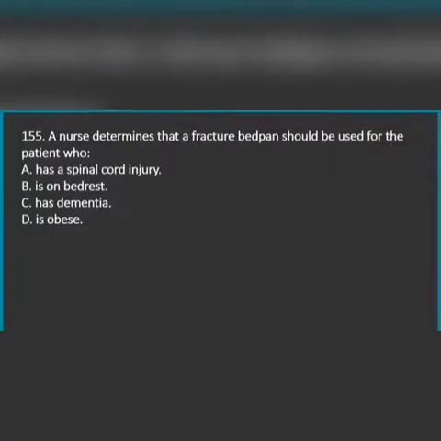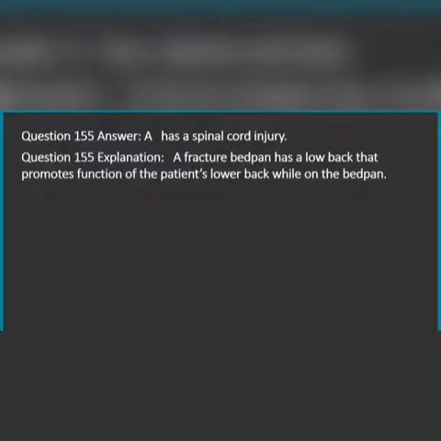Question 155. A nurse determines that a fracture bedpan should be used for the patient who, A. has a spinal cord injury. B. is on bed rest. C. has dementia. D. is obese. Question 155 Answer, A. has a spinal cord injury. Question 155 Explanation. A fracture bedpan has a low back that promotes function of the patient's lower back while on